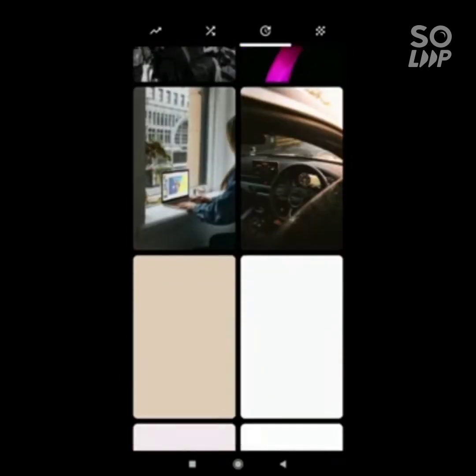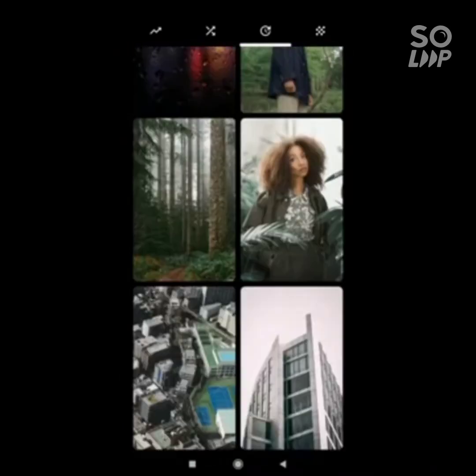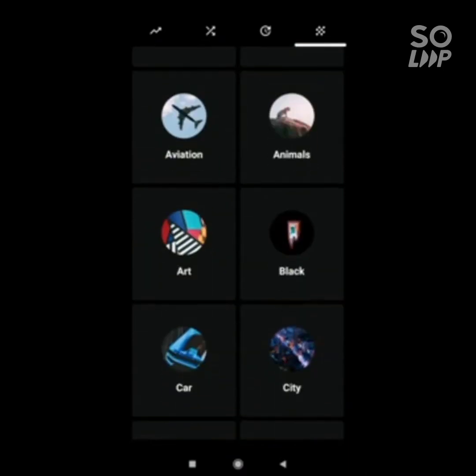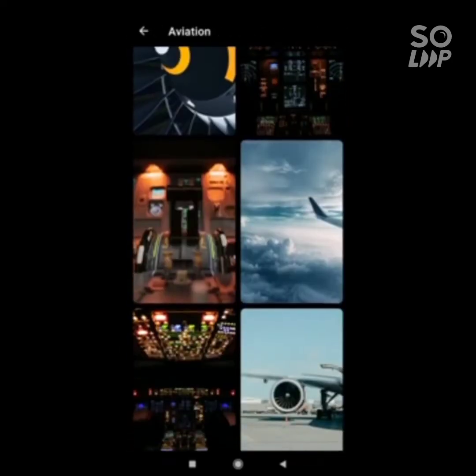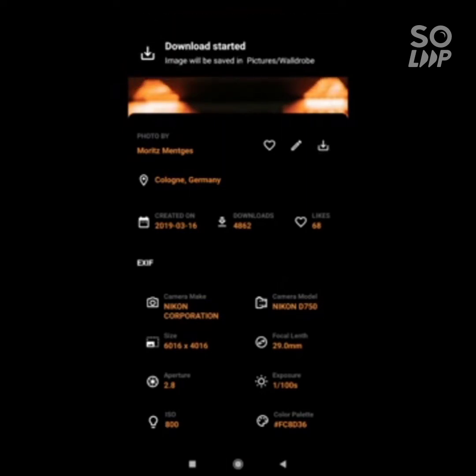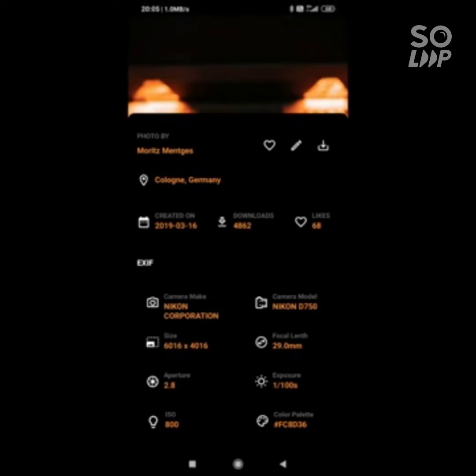You have a timeline here, and you can search by categories. Click the download button below, and the image will be saved in the Wardrobe folder.